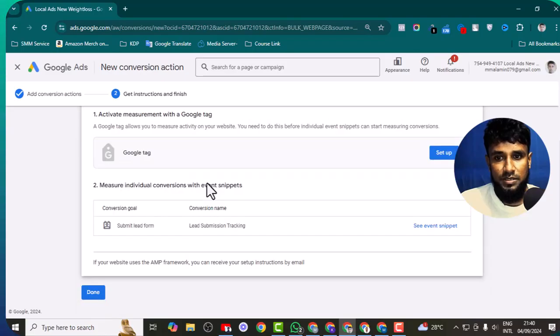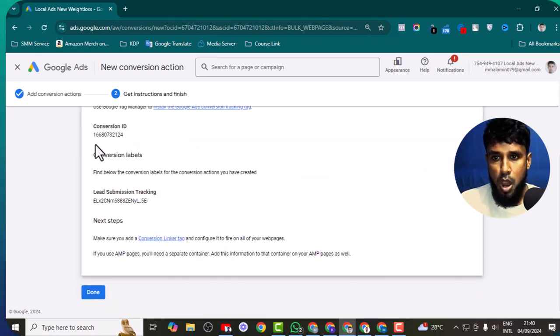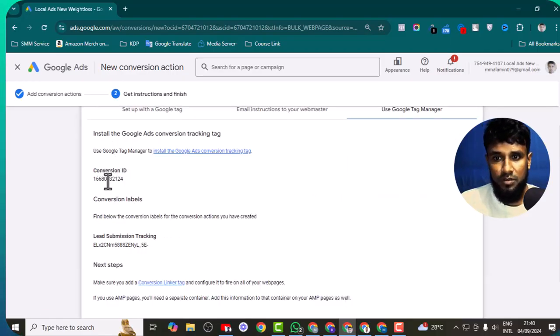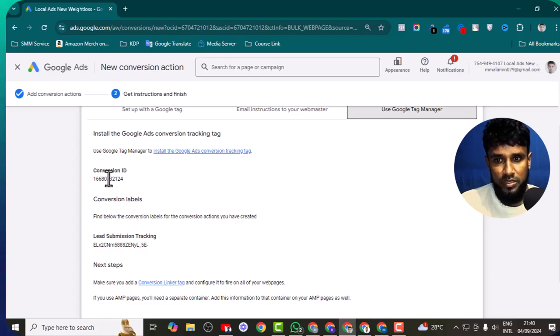Here you can see, first of all we have to set up the Google Tag. So here you can see use Google Tag Manager. Please click on it. Here you can see the conversion ID and conversion label. We need to configure Google Ads conversion tracking with the conversion ID and conversion label. Okay, so please copy this conversion ID